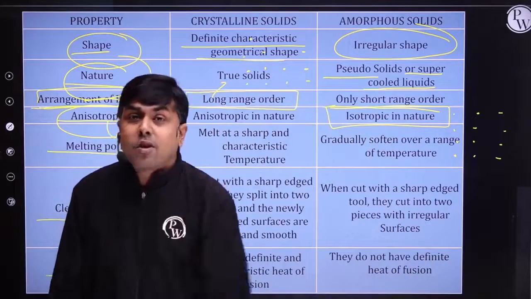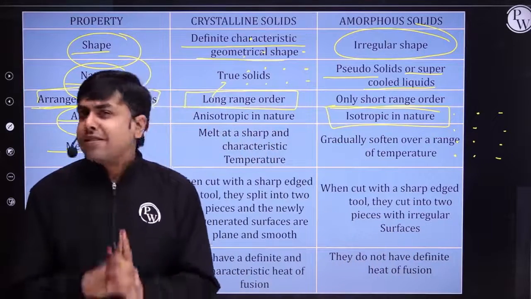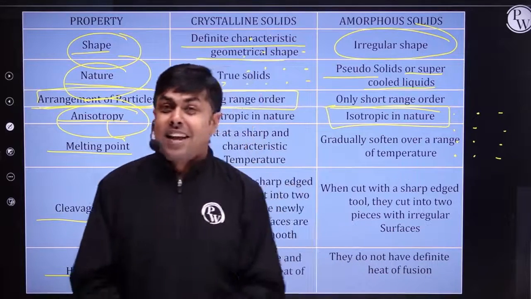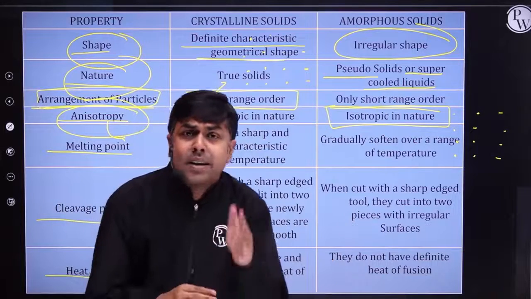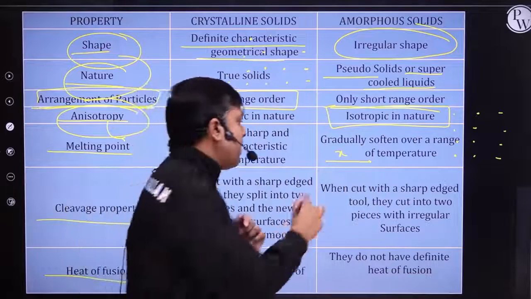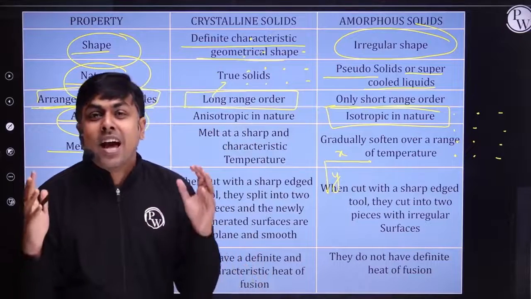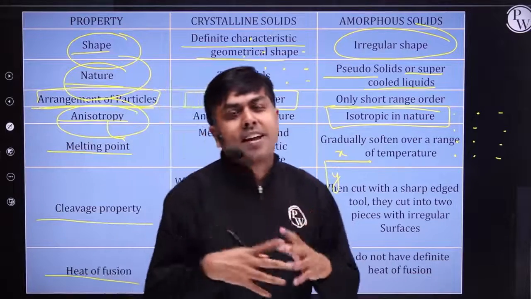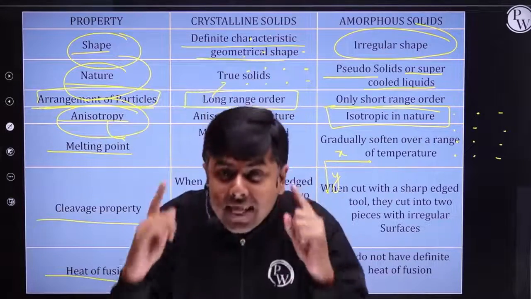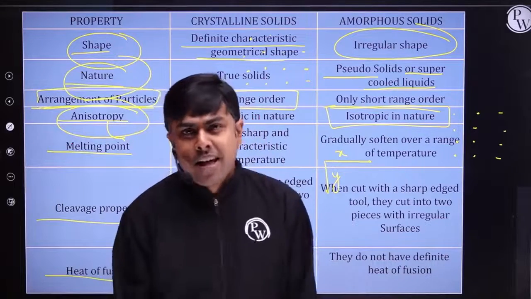Whereas crystalline solids are anisotropic in nature. What do we mean by the term anisotropic? Students, there are certain physical properties which are not the same in all directions, such as electrical conductivity. They are direction dependent properties. In a certain direction, I may have magnitude x. In another direction, I will have magnitude y. So these properties do not have the same value in all directions. So crystalline solids are anisotropic in nature, whereas amorphous solids are isotropic in nature. Am I clear?